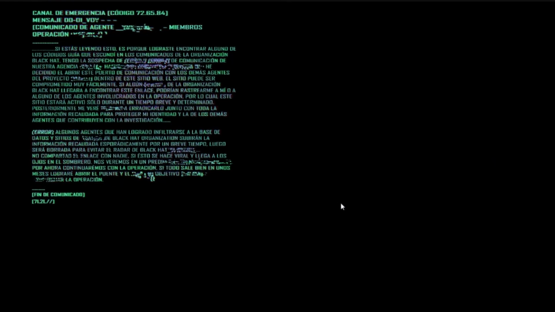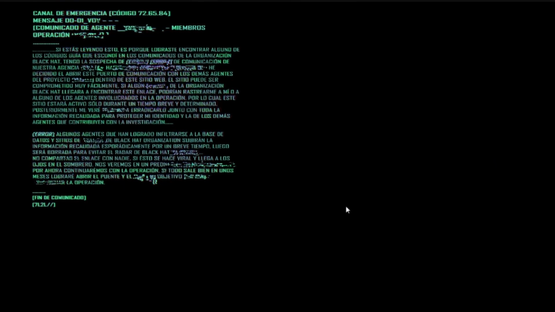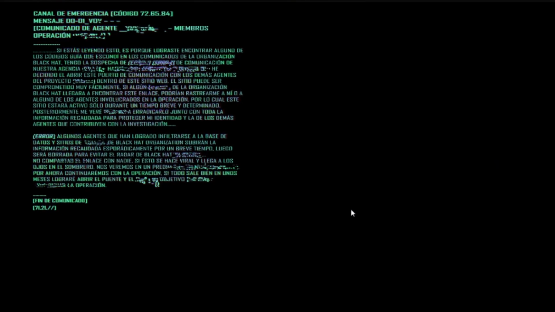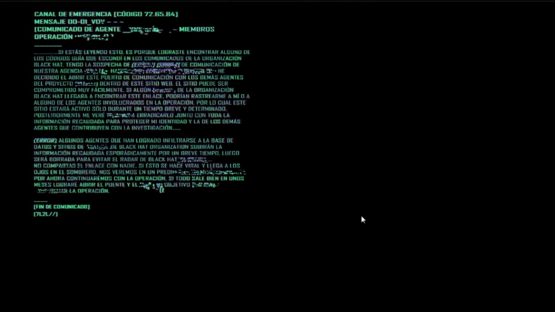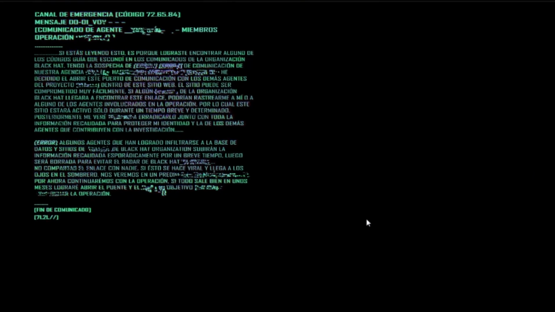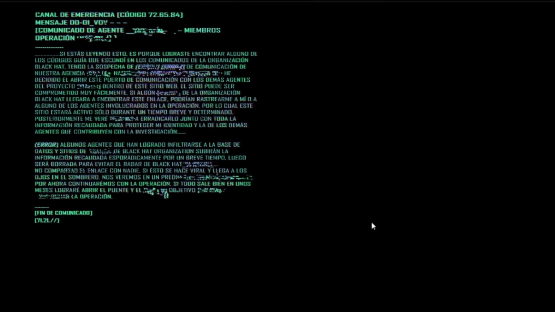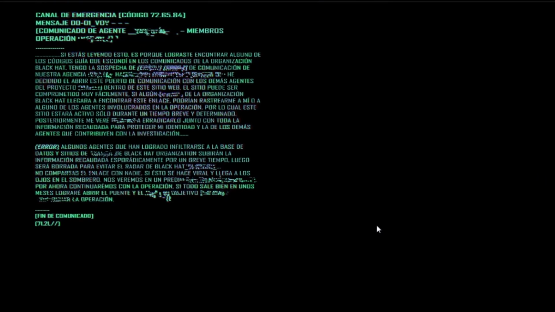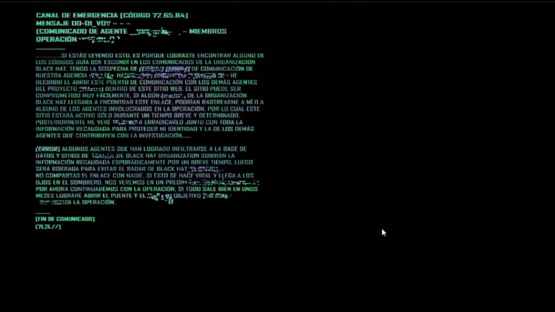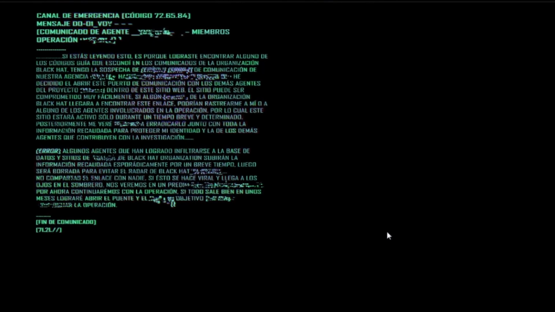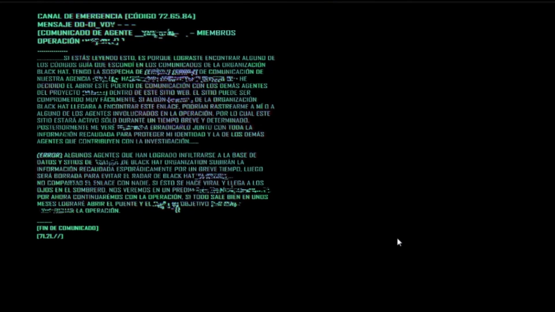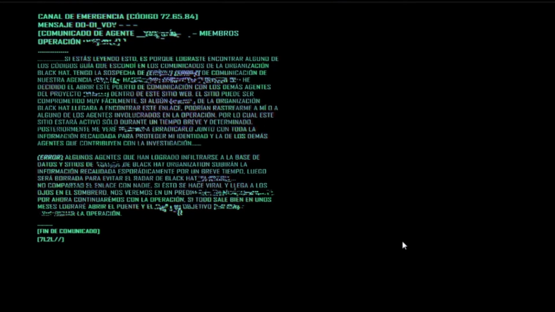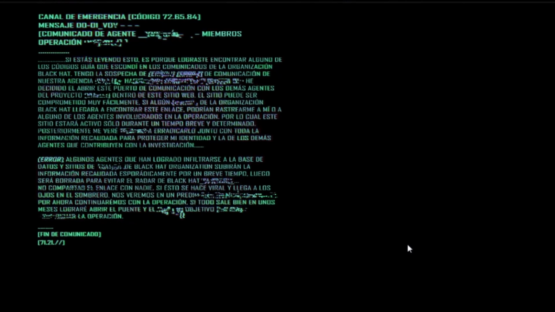I have decided to open this communication port with the other agents of this project, redacted, in this website. The site can be compromised very easily. If any redacted from the Black Hat Organization find its link, they could easily track me down or any agent involved in this operation. Therefore, this site will only be active briefly and for a determined period of time. Afterwards, I will be redacted to eradicate it along with all the collected information to protect my identity and that of those who contributed to the investigation.